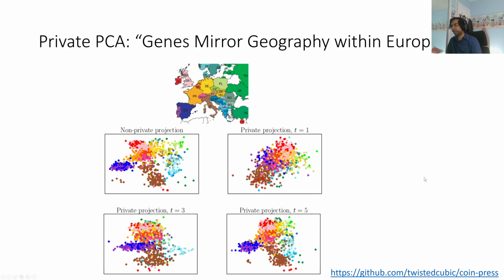I'll comment that plotting the data points like this is not private, because that reveals each individual data point. But actually releasing the principal components, which have a pretty strong correlation with the original principal components, is a private operation. So you can see that doing this analysis will let you extract the structure of the dataset privately.